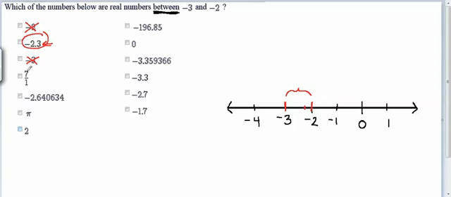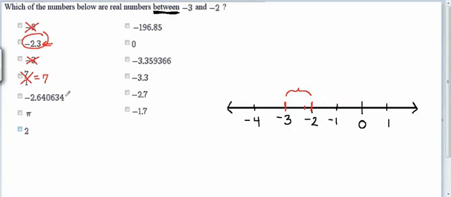You can think about the fraction 7 over 1, which reduces to the whole number 7. The first thing I notice when I look at that is that's a positive number. So a positive number is going to be way on the other side of my number line, nowhere close to these two negative numbers. So that's out. Okay, now I have the decimal number,